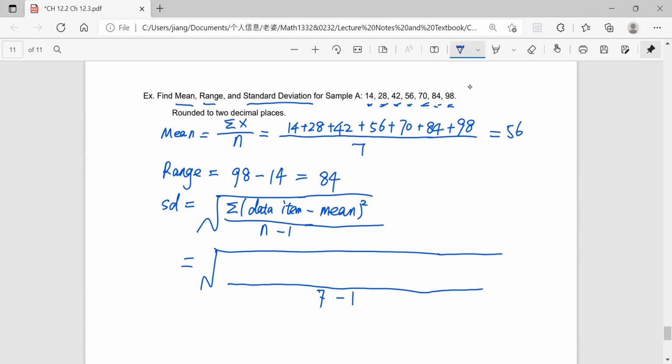And then the first data is 14, so 14 minus the mean, 56, squared, plus the second data, 28 minus 56 squared, plus the third data, 42 minus 56 squared, plus 56 minus 56 squared, plus 70 minus 56 squared, plus 84 minus 56 squared, plus